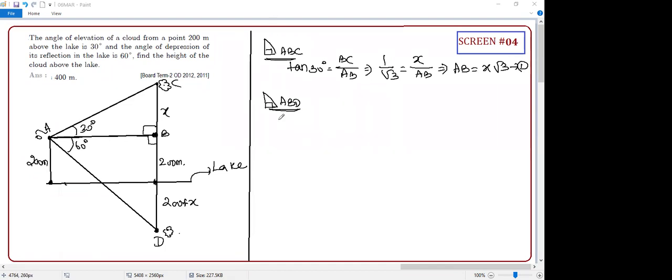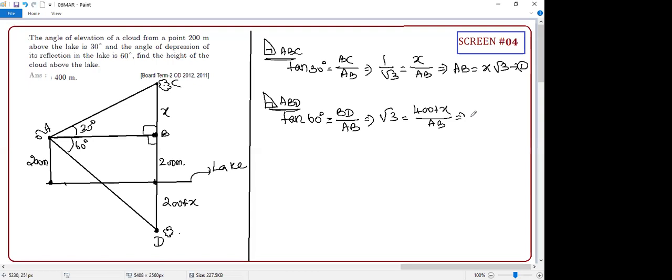Okay, Shivani, you tell me in triangle ABD, what are the steps? Guys, I'm going to follow the same steps. First, what is tan? Tan which degree? 60, sir. What is the opposite side? BD, sir. Adjacent? AB. And tan 60 equal to root 3. BD equal to what? See it carefully and tell me. 400 plus x. And adjacent is AB.